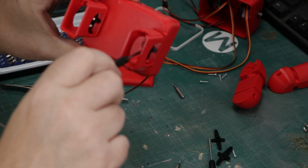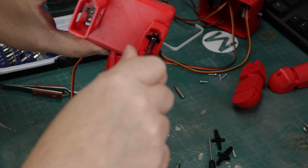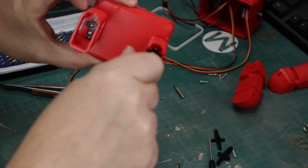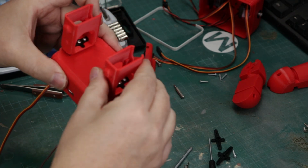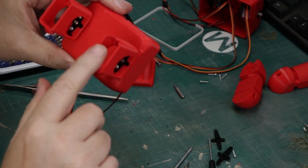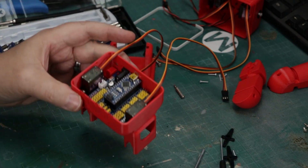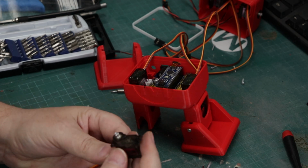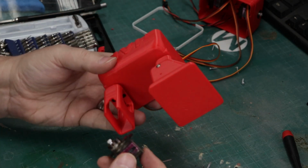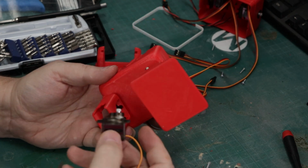The older I get, the shakier I get, so sometimes it is a bit of a problem trying to get this put together. So there we go. Now we'll just line it back up. And what I did was I made sure prior to this that all of my servos were pretty much at 90 degrees. Now we're just going to go ahead and insert our last servo into the leg, and just showing you how. Again, lining up that little notch with the notch that we see on the